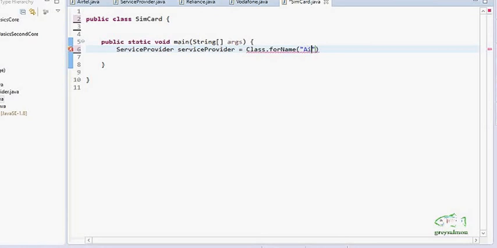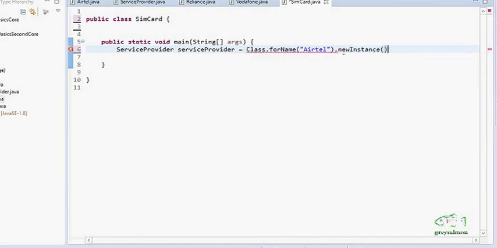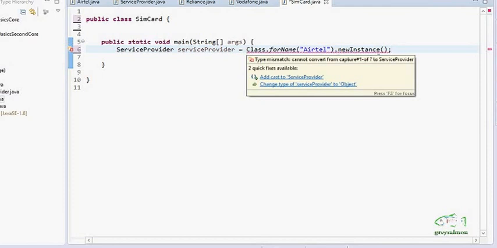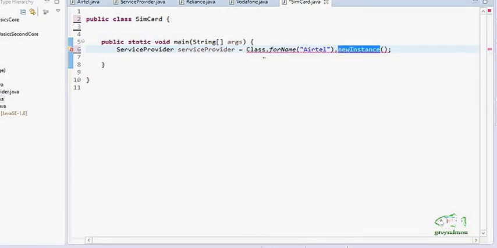Now here we want to load the class Airtel into this class SIM card. Now the definition of class Airtel will be loaded, and with the help of this definition we call the method newInstance. The newInstance method will return the instance of class Object which is there in the lang package.